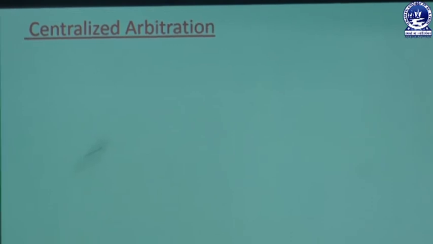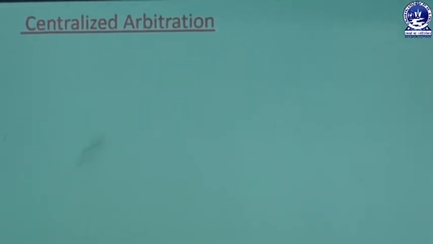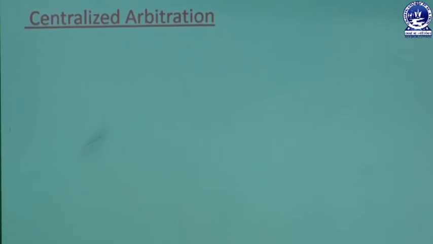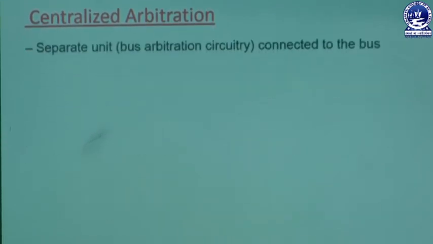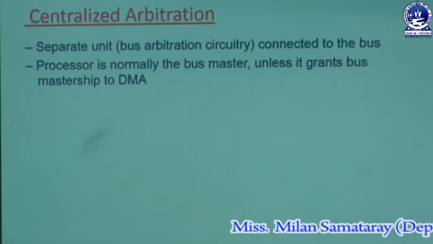As I have told you, bus arbitration is of two types. One is centralized arbitration, another one is distributed arbitration. Okay, so let's go through them one after another. First one is centralized arbitration. Centralized means a separate unit or bus arbitration circuitry connected to the bus. That means there is a central